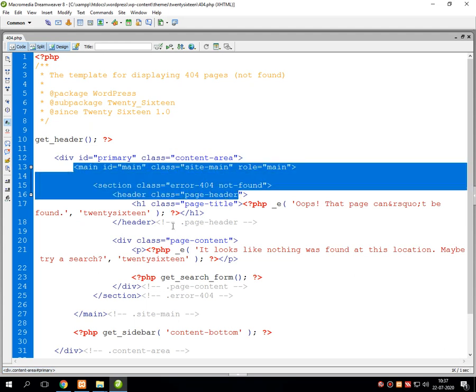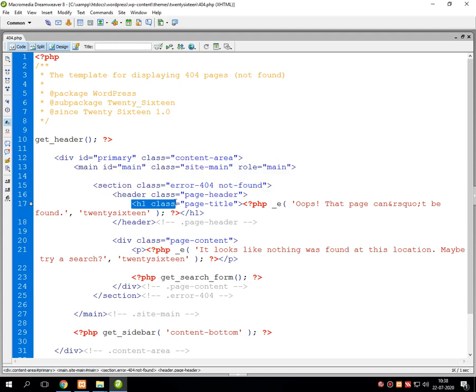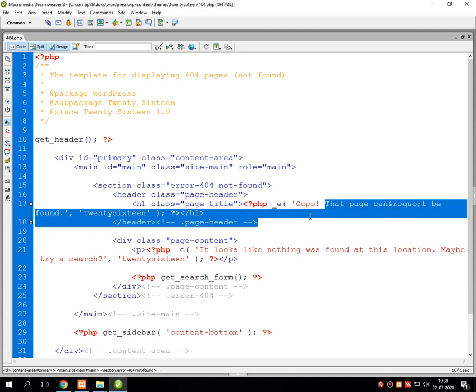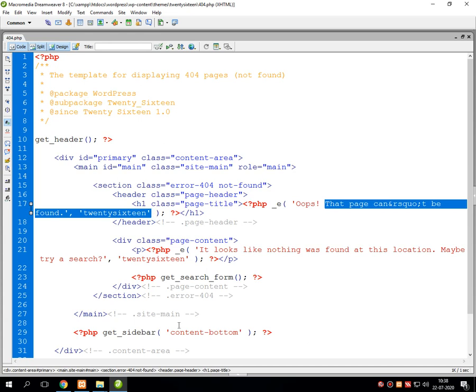After that, there is an h1 tag written by calling a specific class as page-title, and it throws the message 'the page cannot be found' in the 2016 theme.